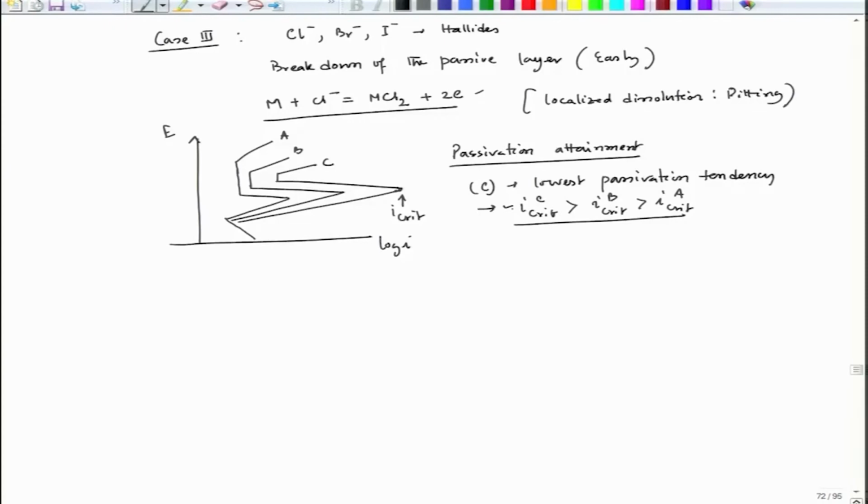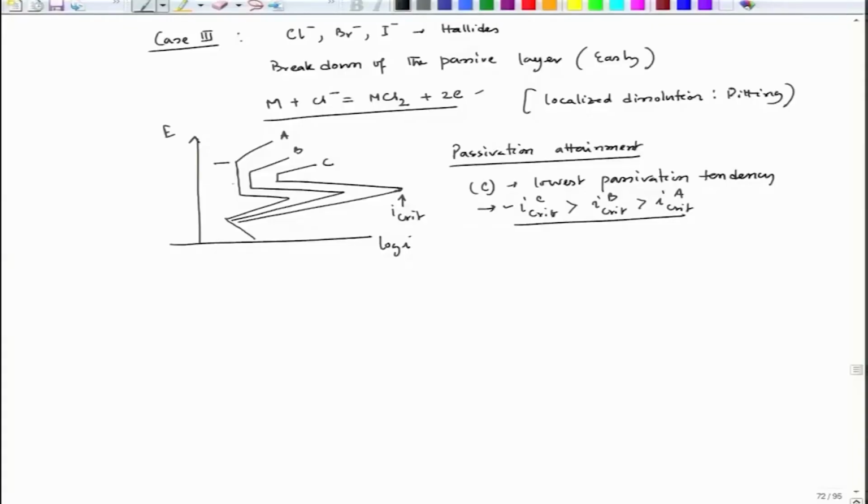So, we will not come across that situation where the retardation of metal dissolution would be equal to the acceleration of metal dissolution, and this retardation of metal dissolution, as we have discussed, it happens because of the coverage of metal surface by metal oxide. So, we need to go a very very high current density, and by that time it starts forming metal oxide because of the very rapid dissolution, because I critical is nothing but the IA. So, that means a very rapid dissolution takes place, and there could be a surface perforation even because of the rapid dissolution. So, we lose out the passivation.